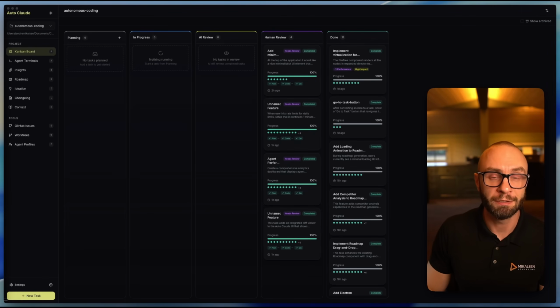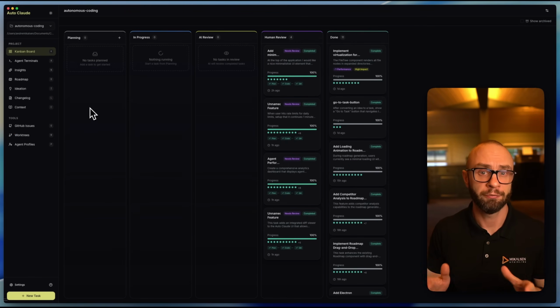Ready for AI coding on steroids? Today we're showcasing AutoClaude, where you can get 10 times the work done on your projects with the planning and the quality coding and testing that you should demand from your AI coding system. Now, AutoClaude is designed to work for all skill levels, from vibe coders without any coding experience to senior developers.